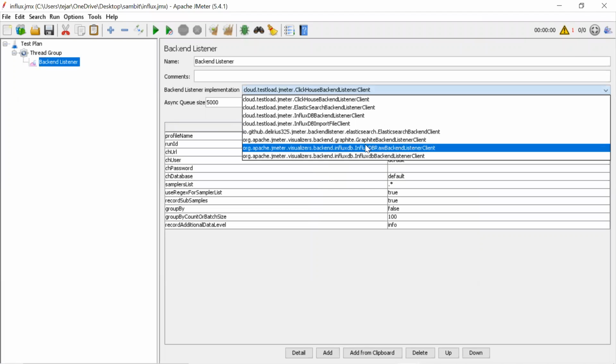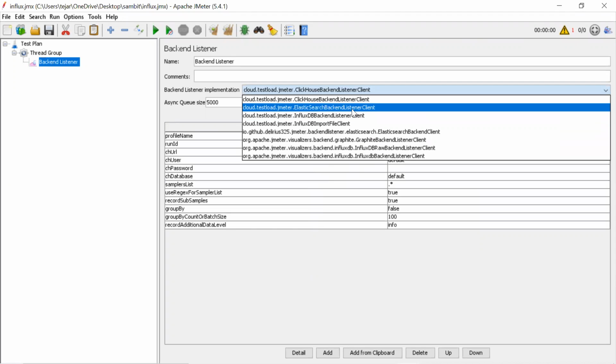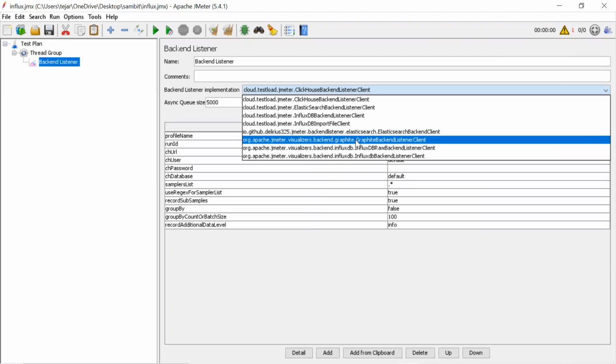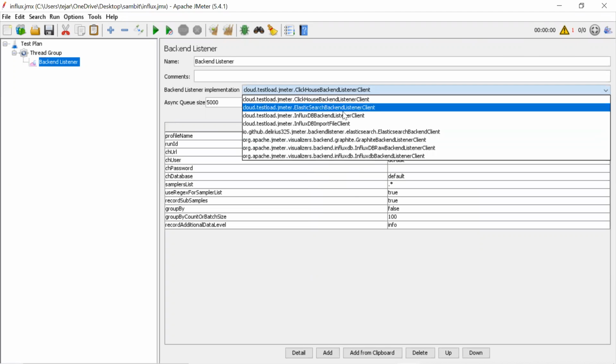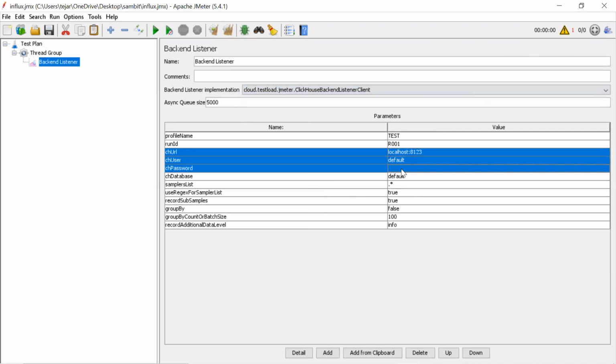So these are all the clients it provides. If I use InfluxDB, you can use this one. If you're using Elasticsearch, we will use that. In our team, we're using Elasticsearch because we use that DB. If you are using Graphite, that's also one of the DBs, you can use this one. So you can use these things here. And simply you give the particular URL and the username and password to connect to the DB, and that's it.